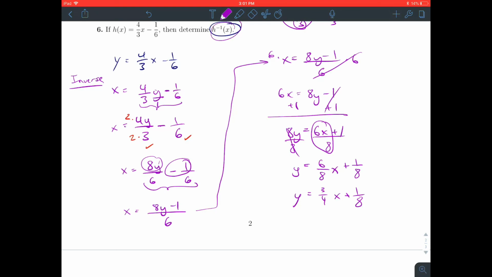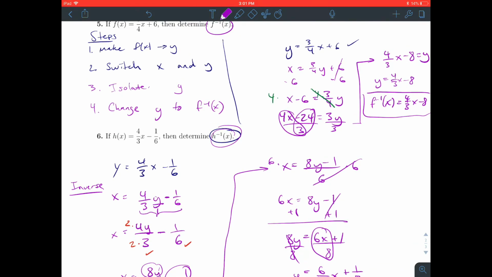And for my final answer, I need to use the notation from the problem, which is h inverse of x equals 3 over 4x plus 1 over 8. So the exact same four-step process, but